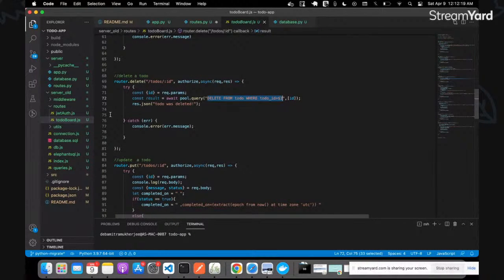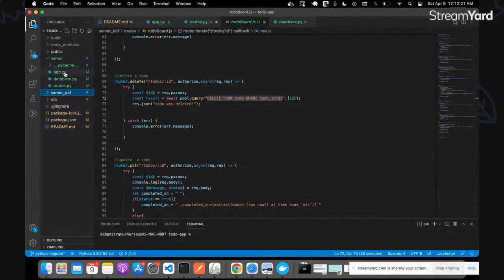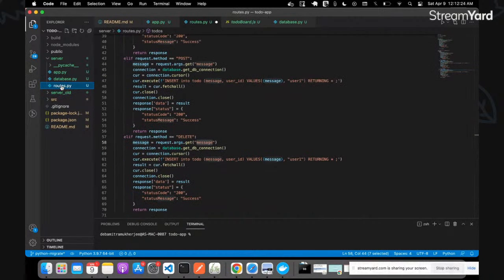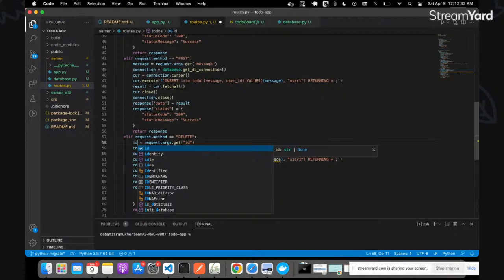We do need the ID for it. Okay. So we need an actual ID here. And